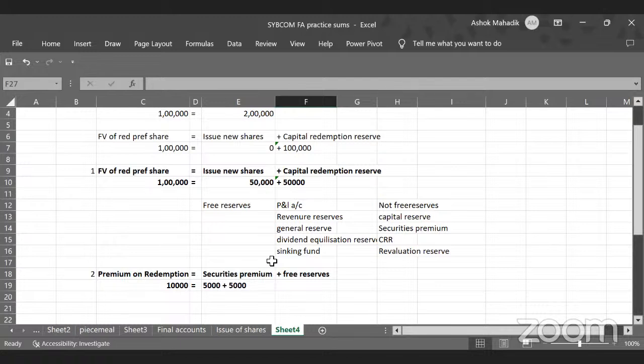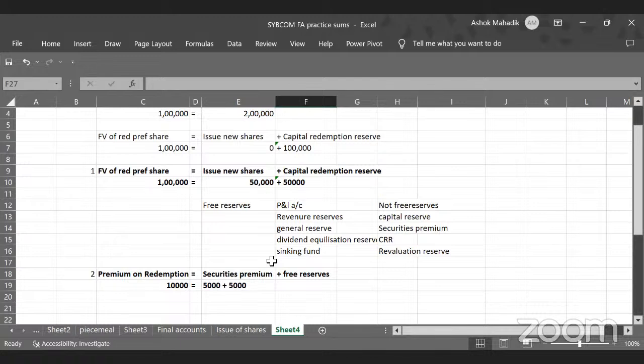So these entries can be in any order. There is no fixed order in which you have to write entries. But always we will first make arrangement for new shares, isn't it? Then only we'll be redeeming the old shares. It's logical, because that's the law. At first, raise the capital to the extent, then you redeem the shares. Clear? So we'll start with issue of new share capital, then we'll create CRR, then we'll pass entries for